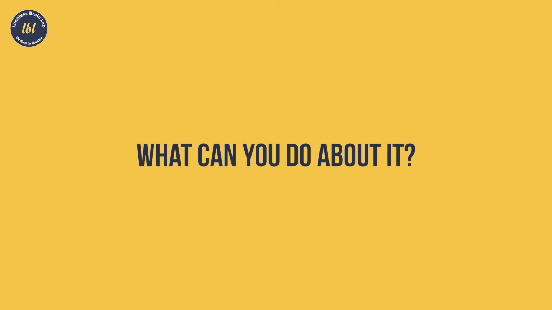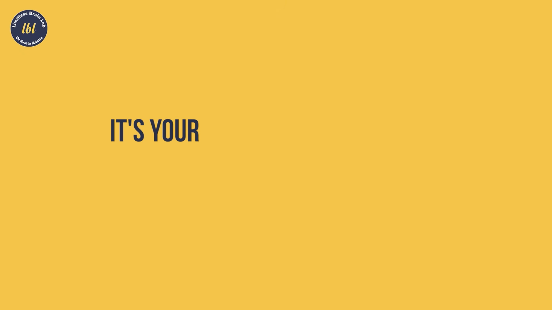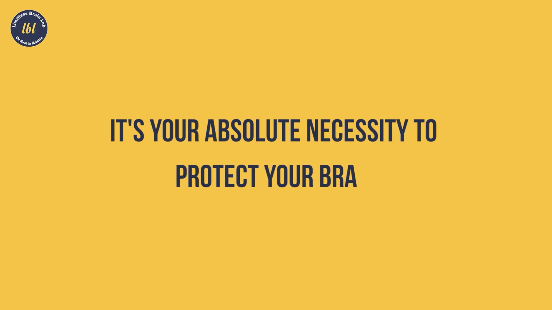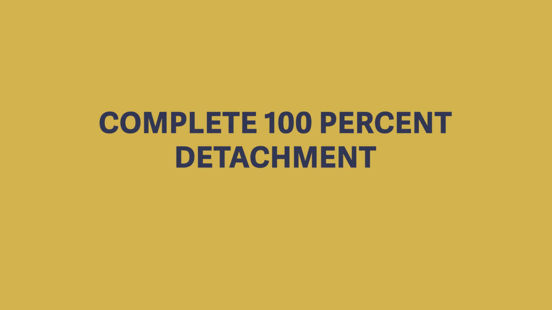Now, what can you do about it? Once you understand that these are the red flags, this is the problem that you are facing, it's an absolute necessity to protect your brain, because eventually there can be a significant influence on your brain. Your life can get stuck. Your overall joy, contentment, happiness, everything can be at stake if you don't break free. And what is it that you need to do to break free? The very important thing that you need to do to break free is complete 100% detachment. You cannot say, I'll partially be associated and I'll work on this reward behavior.